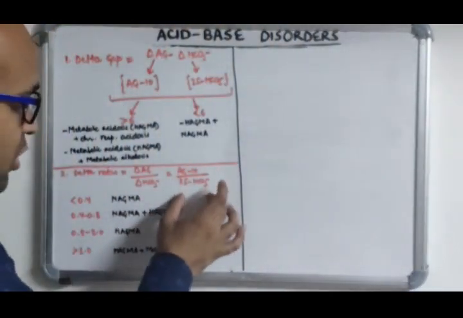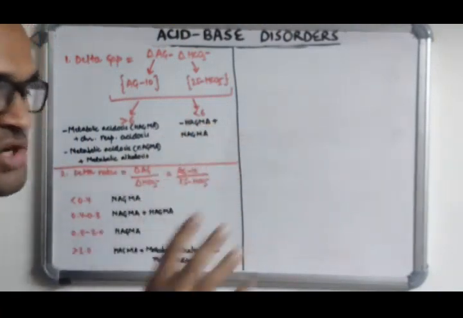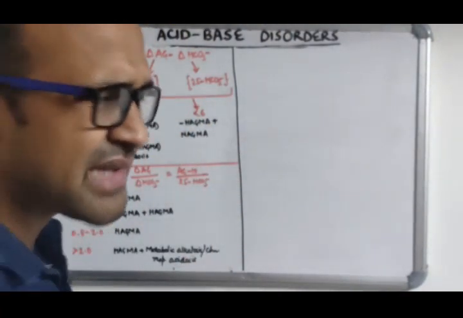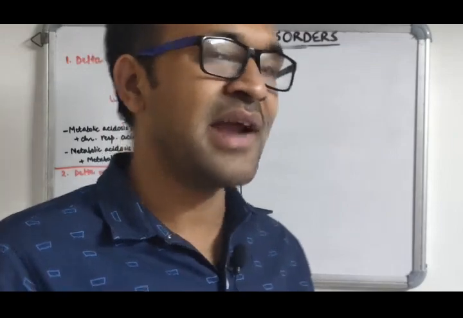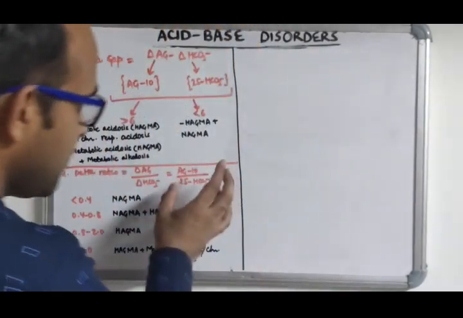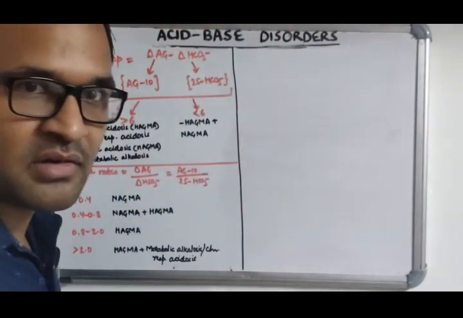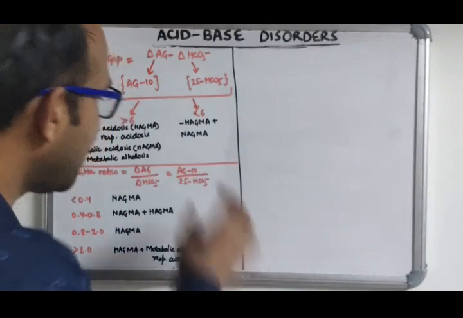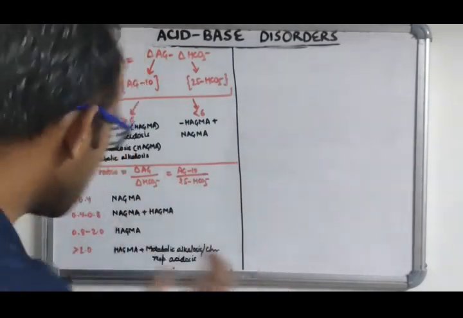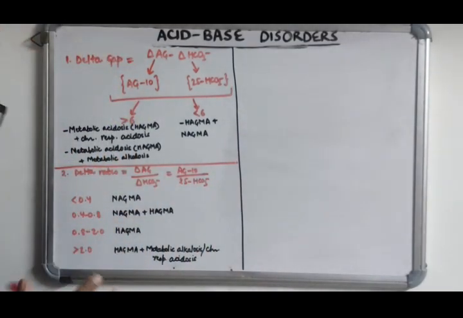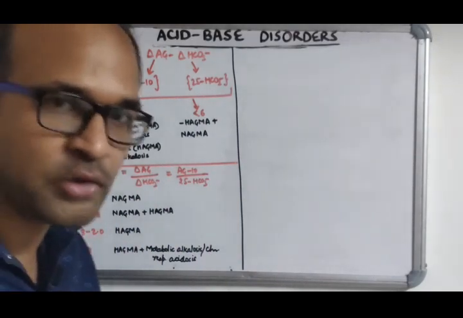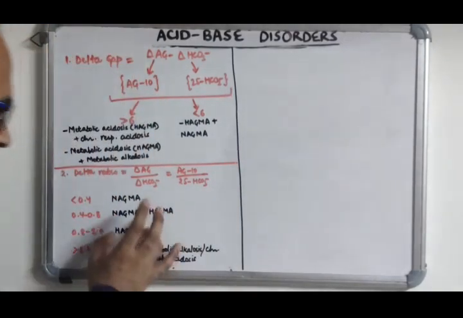So if numerator and denominator both are falling at the same rate, this ratio should be equal to 1. But because acid anions are unable to diffuse out of the bloodstream, while bicarbonate easily diffuses out of the bloodstream, the denominator becomes a little smaller and the numerator is larger. So the ratio goes from 1 to 2, from 0.8 to 2. You get my point? Ideally it should be 1.